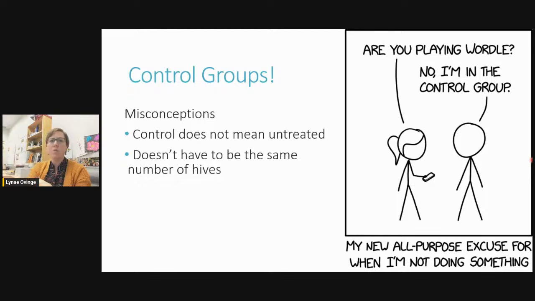If it's something you think is really risky, you can do it in a small number of hives and leave the rest as controls. So we don't need to be doing 50 and 50 of each if you are not completely confident in it or if you don't want to leave some in the control group. Okay.